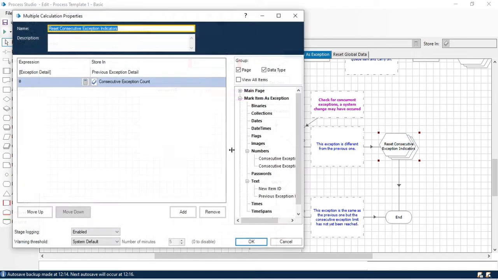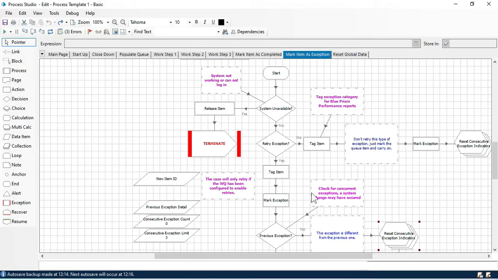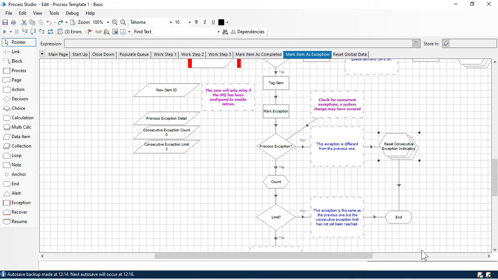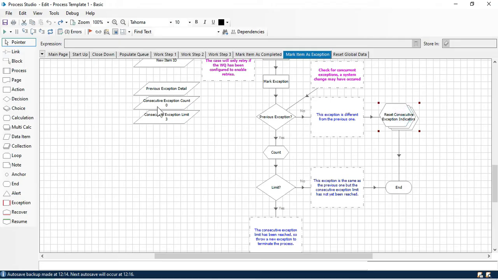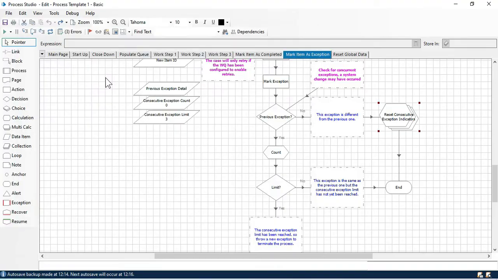So here reset means it's going to add the exception details. What is the exception details? That is coming from this walk step exception. So this will be added to the previous exception, because this is not the same, this is a new one. So that's why a new exception will be added to this one,